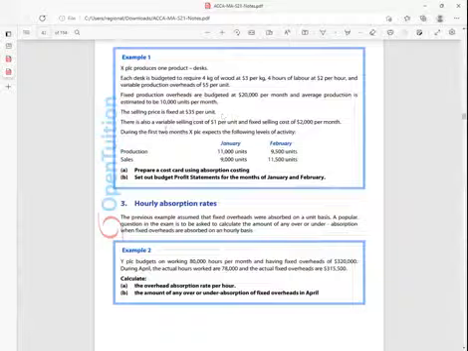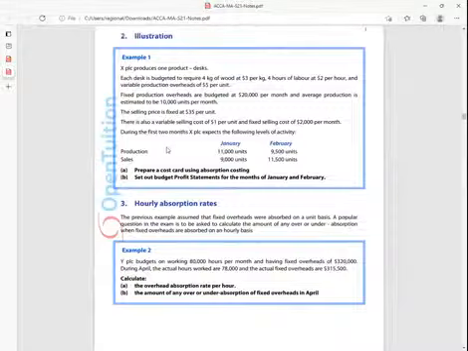The selling price is given there. There is also a variable selling cost of $1 per unit and a fixed selling cost of $2,000 per month. During the first 2 months, Eric Sirma expects the following levels of activities. So we have January,